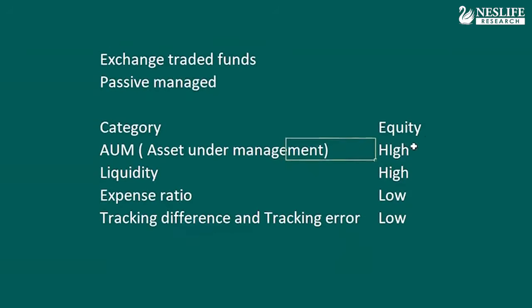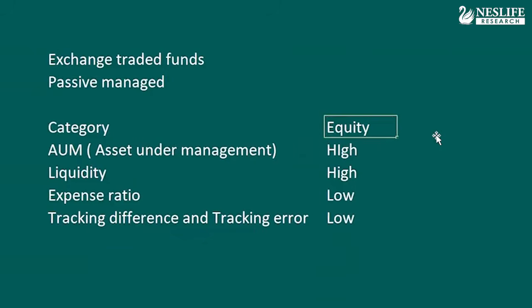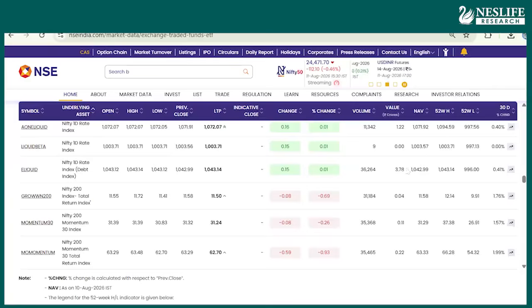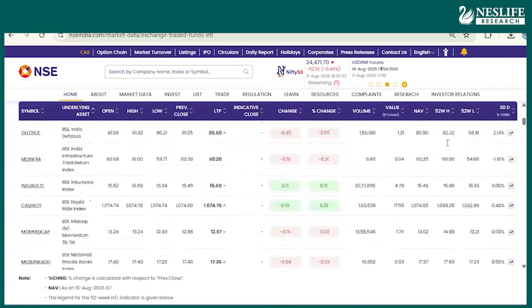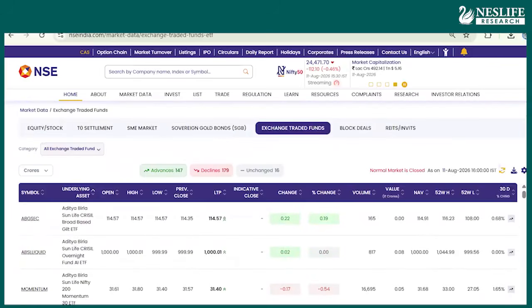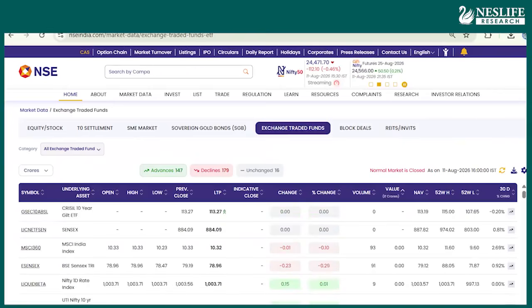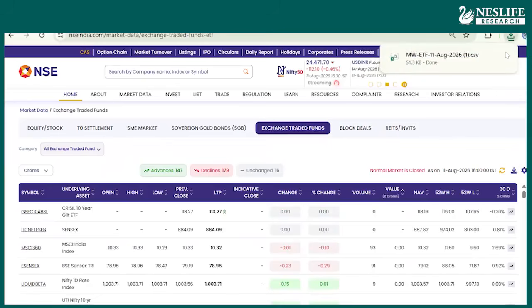The main challenge is selection of the category. Once you have decided the category, then finding the fund is very easy, because in that category hardly there are 5-10 funds which you can select based on high value and high volume. Both go hand in hand. Focus on the high value instead of volume, because sometimes volume can be confusing, because their NAVs are very different from each other. So take only one criteria from here.